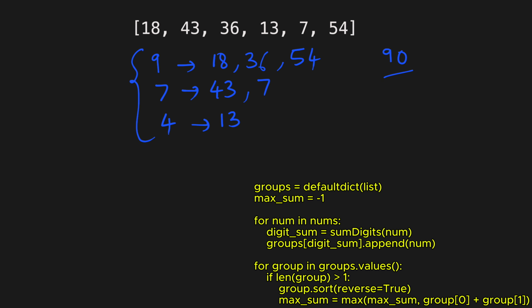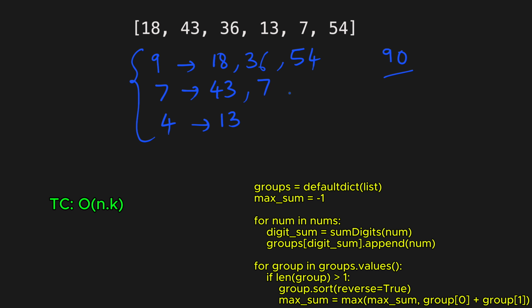Now in terms of time complexity, forming these groups will take O(n * k) time, where n is the number of elements in the nums array and k is the average number of digits in the numbers. Because for each number we compute the digit sum and add it to the hash map,